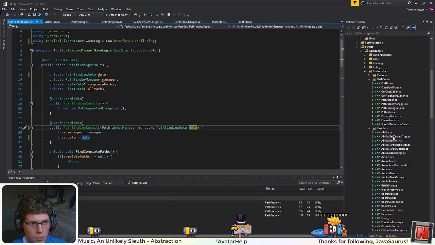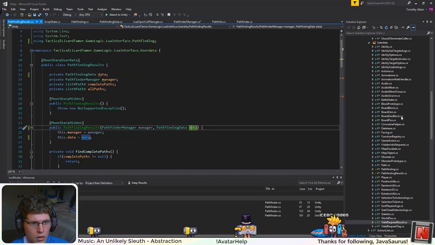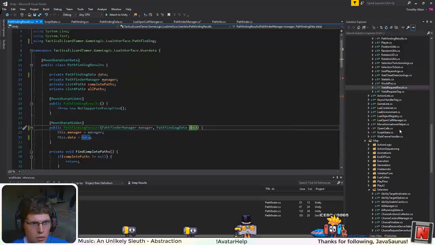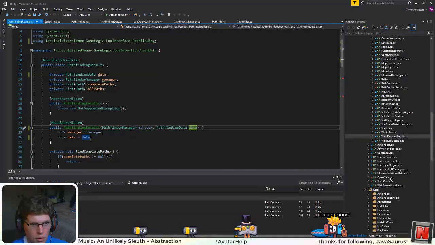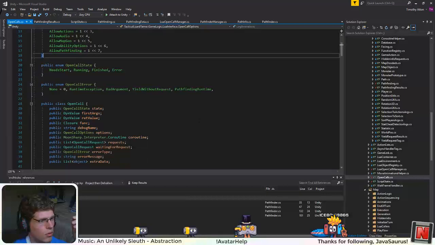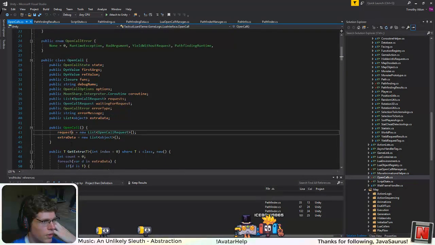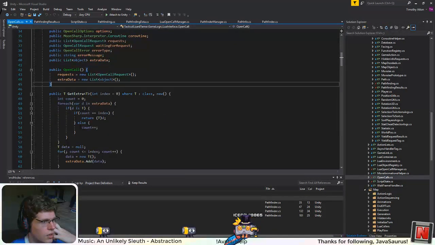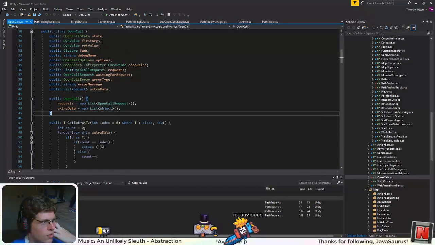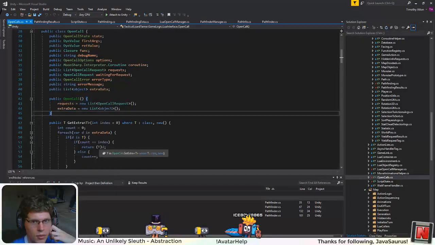Okay, I knew that system was going to be a bit annoying. What am I looking for? Open calls, okay. So the reason I have this list of just a bunch of objects is so that I wouldn't have to keep adding more stuff whenever I added a new system. But I think it's going to get to the point where,